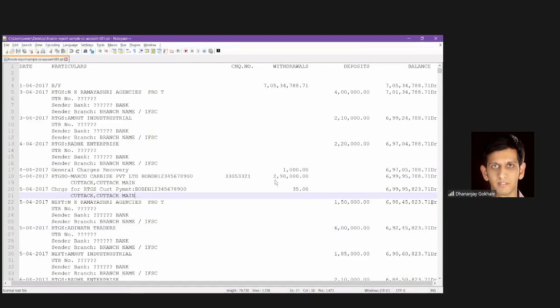Now one issue is that the balance column always contains a sign, debit or credit. Now Excel doesn't understand debit or credit. It will say that I understand only positive and negative. So you tell me what you want, positive or negative. So let us split even the balance into 2. So I will split this into 2, at the position number 129